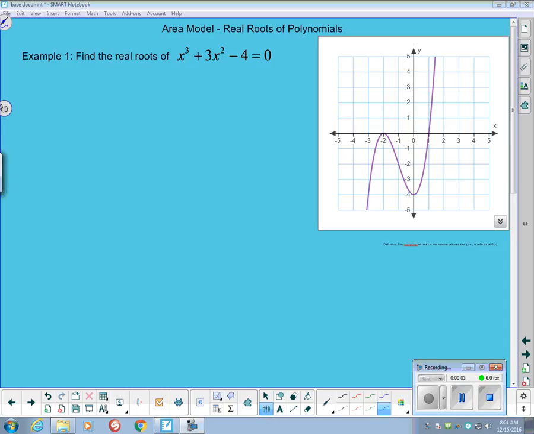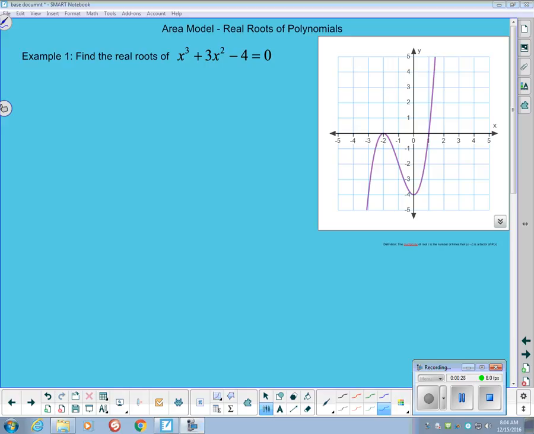In this video, we're going to be looking at using our area model to help us find the real roots of polynomials. I have a first problem up here asking us to find the real roots of x cubed plus 3x squared minus 4 equals 0. I've already generated a graph of y equals x cubed plus 3x squared minus 4 to help us identify the